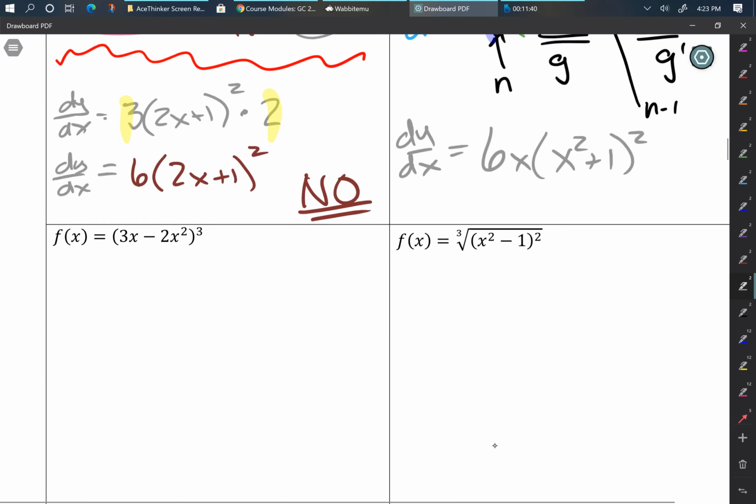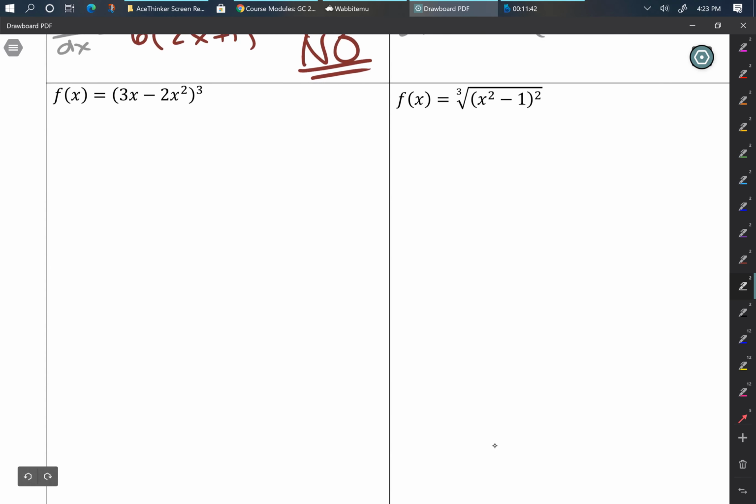All right, more. Here we go. Now we have a function whose name is f. This is where things get confusing and why some people like the u definition. Okay? But it looks like the same problem again. It's a function raised to a power. Right? So then the derivative of a function raised to a power is going to be the power times the function